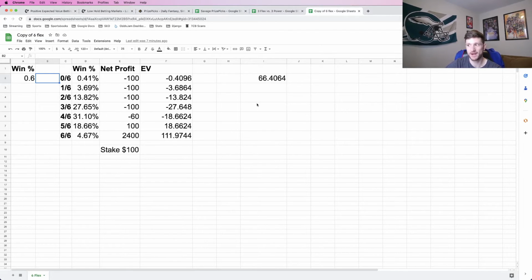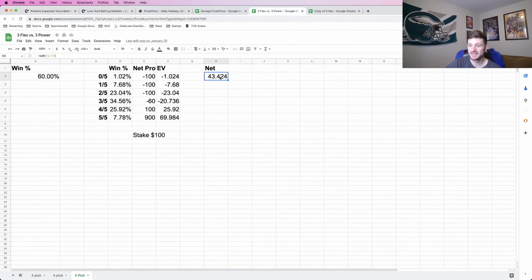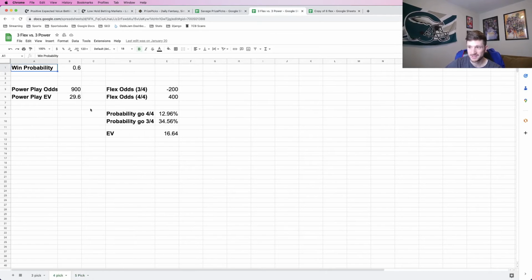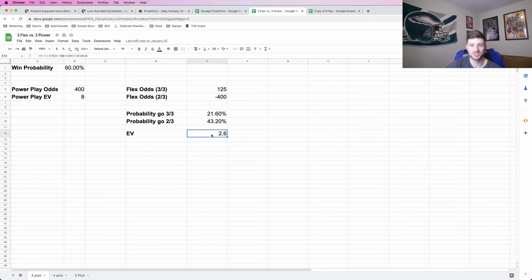Significantly higher by a wide margin. If we're assuming each player prop has a win percentage of 60%, the EV for 6 legs is roughly 66%. For 5 legs, it's 43%. And then for 4, it's all the way down to 16% for a flex,